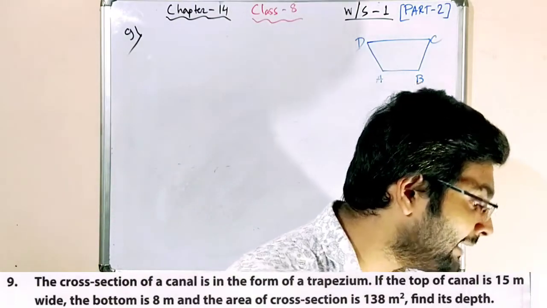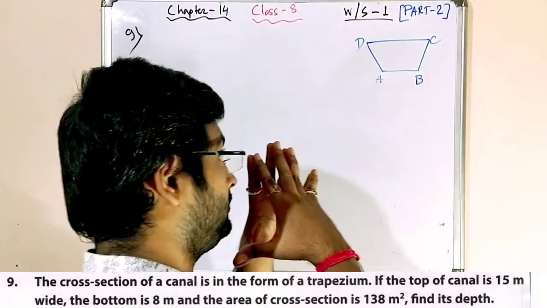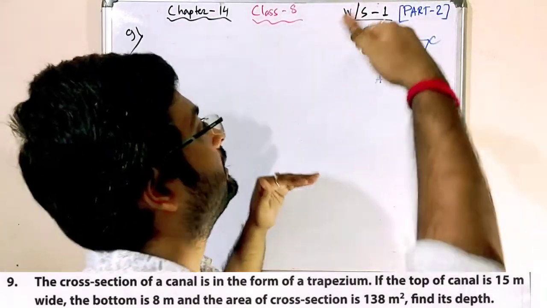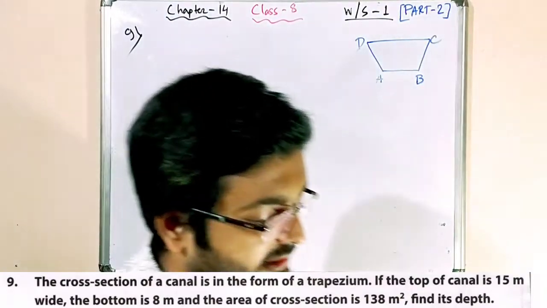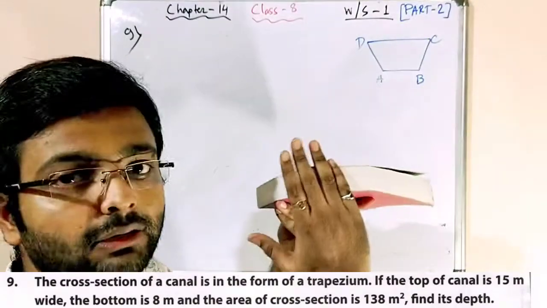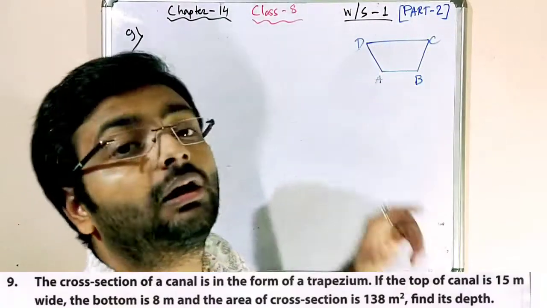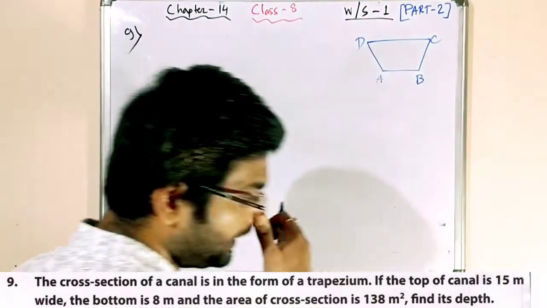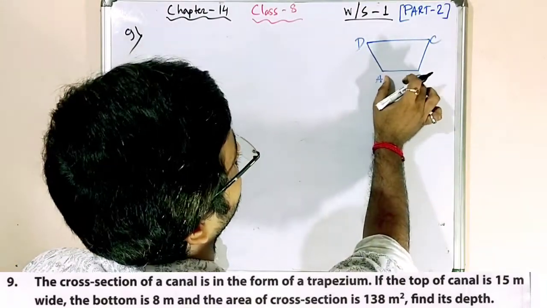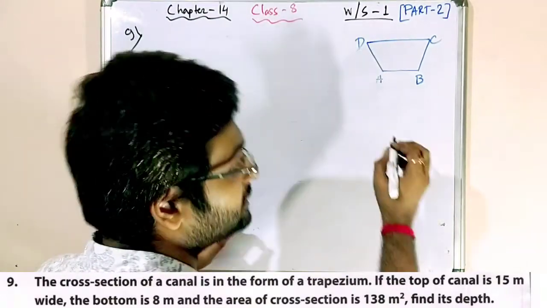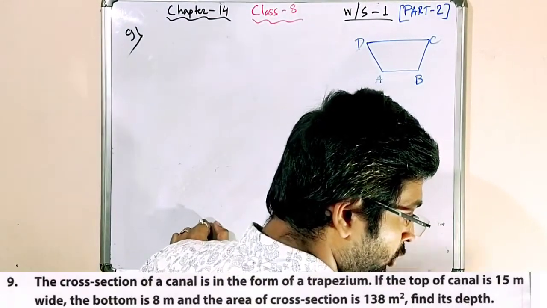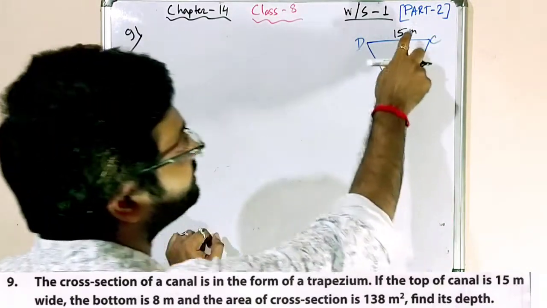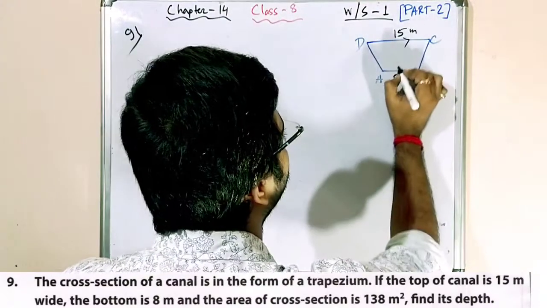So similarly, here it is told the shape should be a trapezium. That canal, if you cut this, cross section means, you can see this part is a rectangular shape. Here you can see this part is a trapezium shape. Okay, so now here it is told, and why I have drawn like this, I am going to draw a smaller part, because it is told the bottom and top of the canal are 15 meter and 8 meter. Have you noticed this is 15 meter and that one is 8 meter, so that's why this is bigger. So I should write like this, and these are the parallel sides.